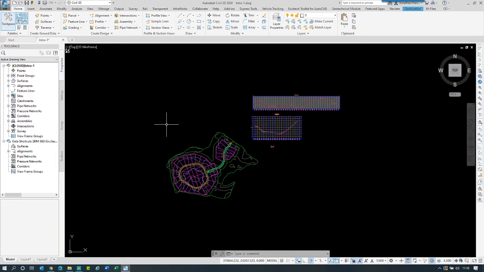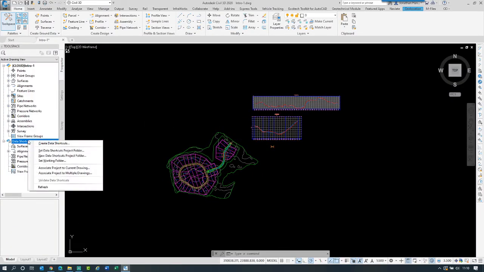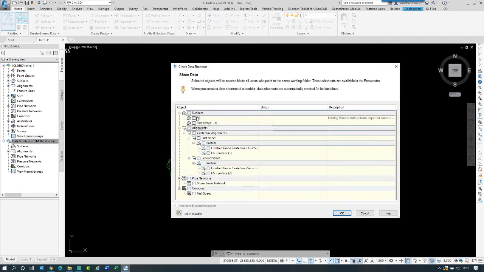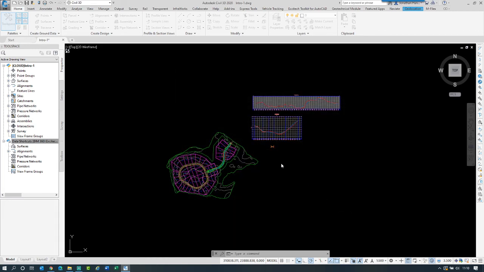So now what we can do to start to create these data shortcuts, if we right click over here and we say let's create them, and it will look at my drawing, so it's going to do a quick check, see what's in it, and you can see that we can now share this data. But the difference now is that we're sharing it on to BIM 360. So I can say, okay, let's take all my surfaces, all the alignments, pipes, and any corridors that we have. And as soon as I click OK, Civil will do its thing, but because the desktop connector is now connecting all this together,